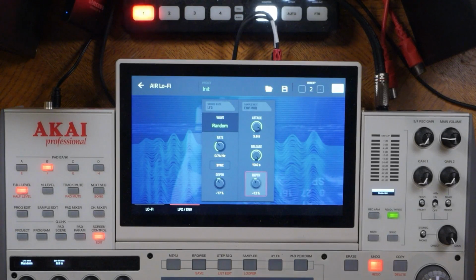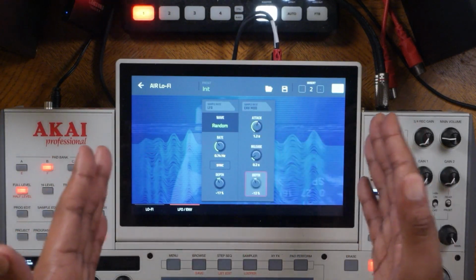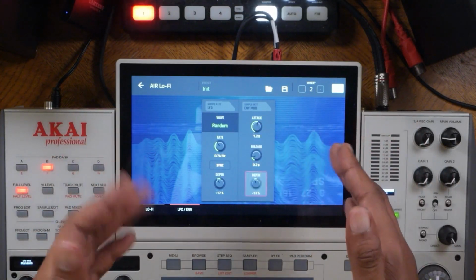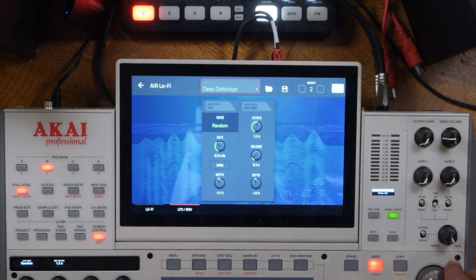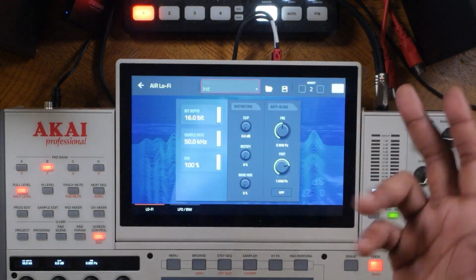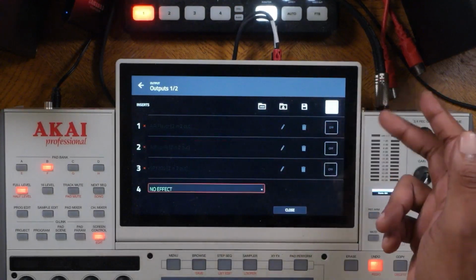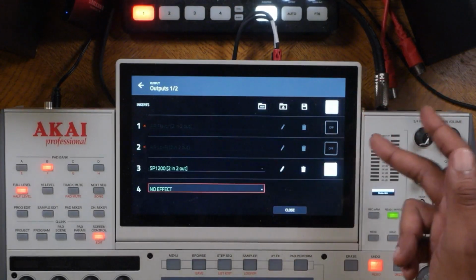You know what I'm saying? So basically, that's how that works in a nutshell. Do what you want. This is my lo-fi of choice. Everybody has their own personal preference. And of course, if we go to presets, there are a couple of presets as well that you can use on your own here. Exiting out and turning this off, let's go ahead and introduce you to the next lo-fi,